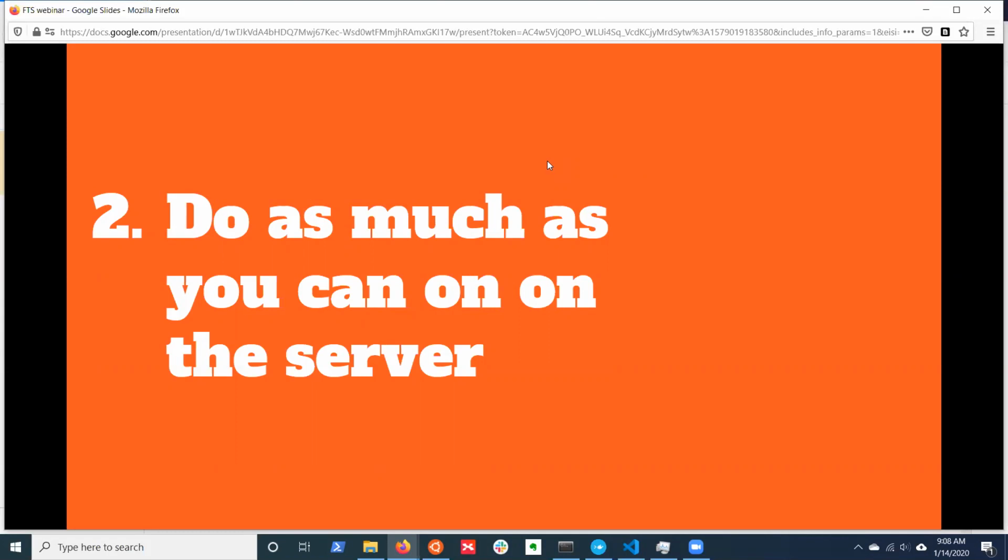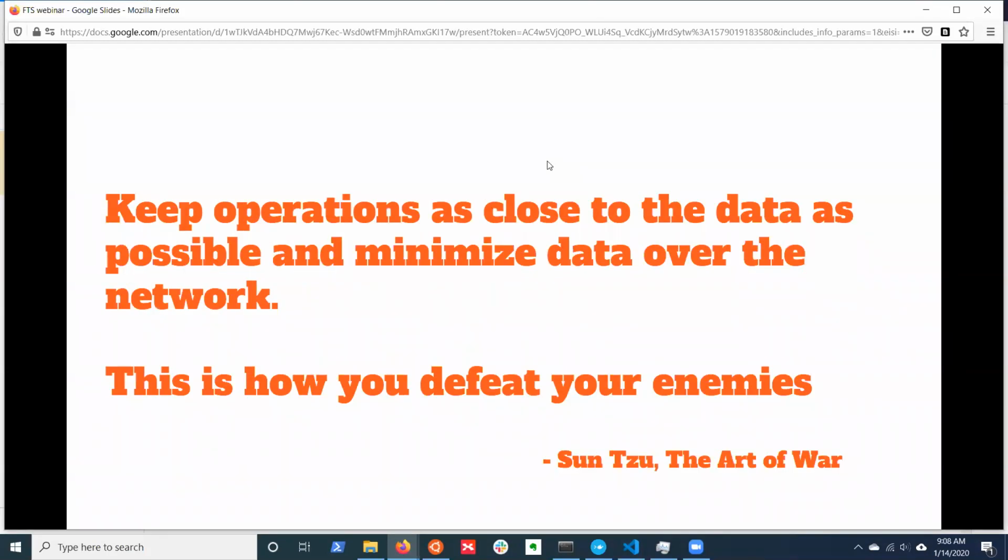There's some quotes here from Sun Tzu on this one. Keep operations as close to the data as possible and minimize the data over the network. This is how you defeat your enemies, right? So one of the slowest parts of our application is actually shipping data over the wire and then processing it on our side. PostgreSQL is quite advanced and quite mature now, and that query planner that they've built into Postgres has built in a ton of optimizations that you and your team probably would either miss or don't even know how to do. And so you can leverage all that expertise that's gone into the query planner